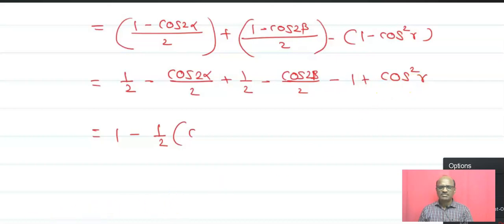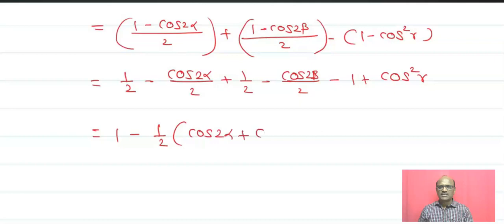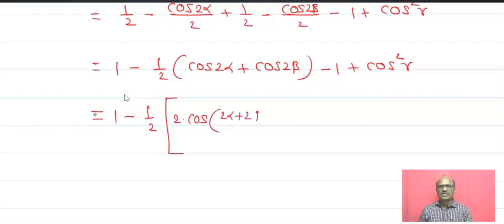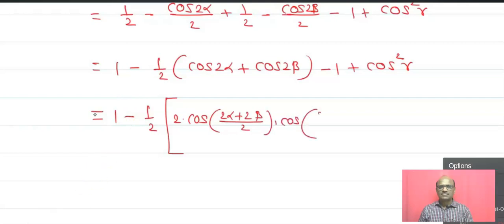Now the next step: 1 upon 2 plus 1 upon 2 is 1, and take minus 1 upon 2 common from these two, you will get cos of 2 alpha plus cos of 2 beta, minus 1